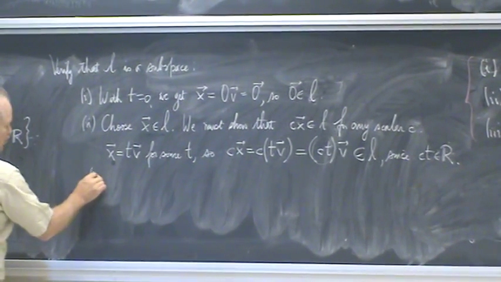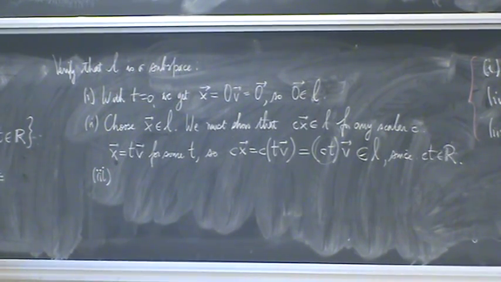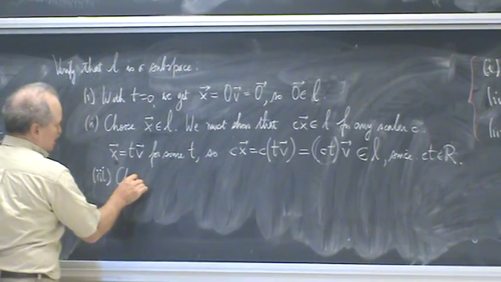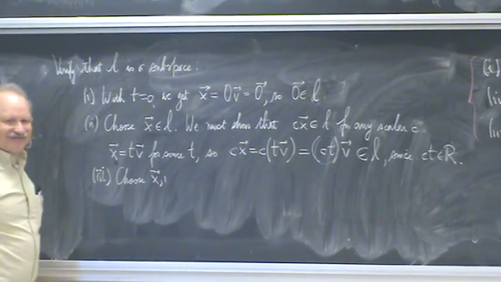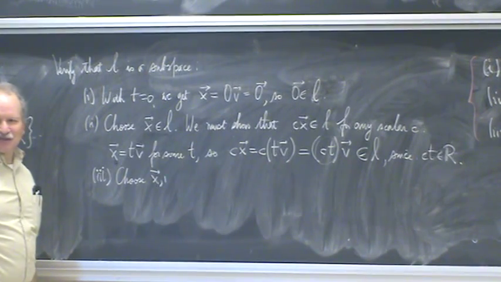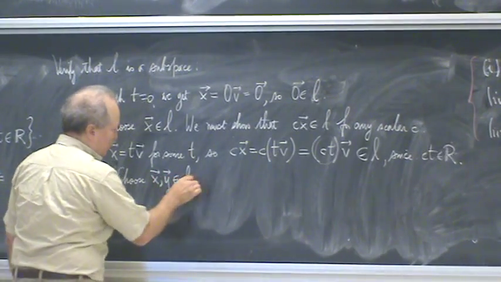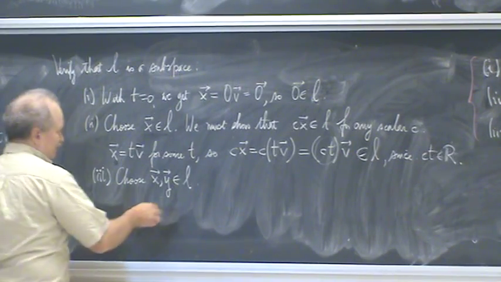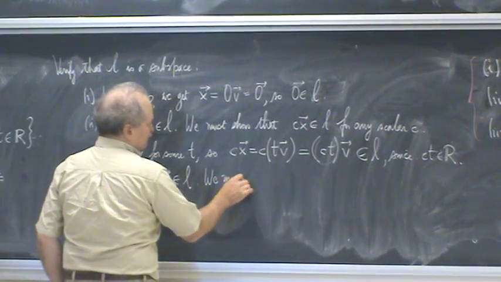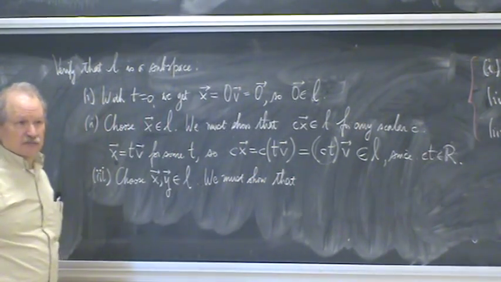Okay? 3. What do I have to do for 3? Simply add two things. I have to take two things in my set. So I have to start off by saying choose x and y. Use whatever letters you want, but I'll go with x and y. Choose x and y. We must show that x plus y